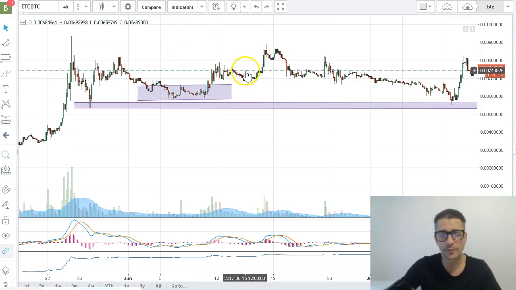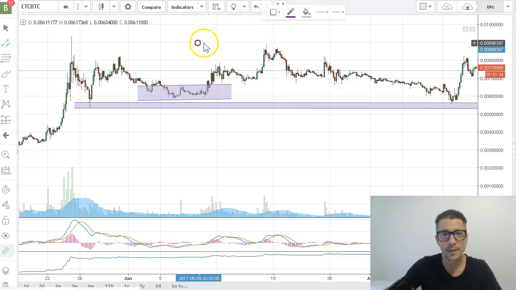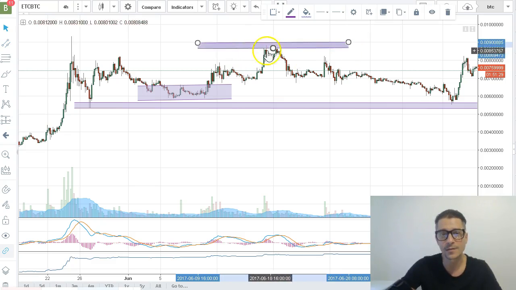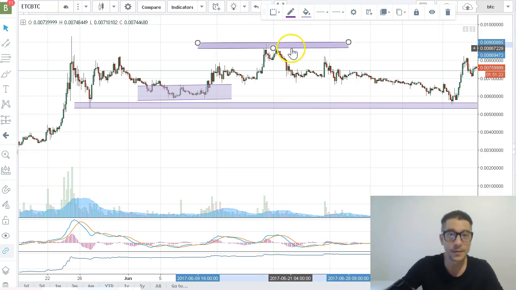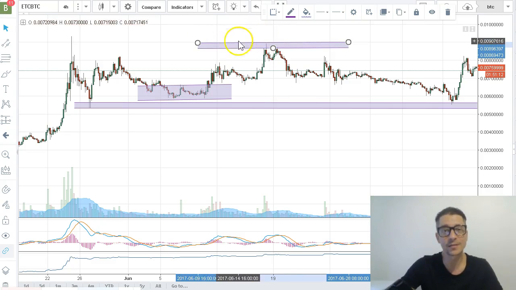Resistance is the same thing. If you go up and you see how far the price reached before it was rejected, that will give you an indication of where your current resistance is, and it's in this area here, around 0.0088 is the current resistance. But once this resistance is broken and the prices start going up, then it can go up to the next resistance level. This is why it's important to be able to identify these,